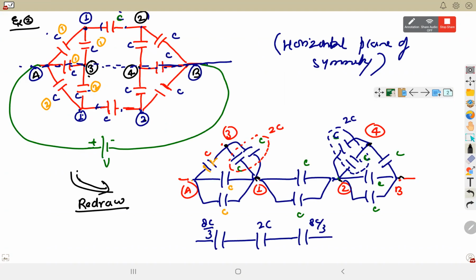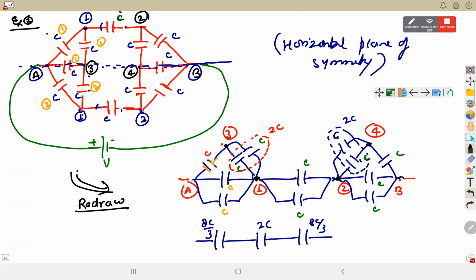Fine. Can you explain the logic behind how we do horizontal circuits again? Because the vertical symmetry is not of any use, there is no capacitor, there is no junction. We start with that vertical only. If vertical is helping, then we could have done that also. But sir, the logic behind how you placed the points in between, A to B, what is it? Because I can't find it in my notes.